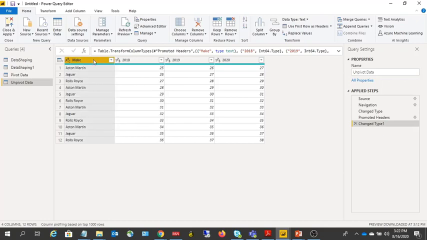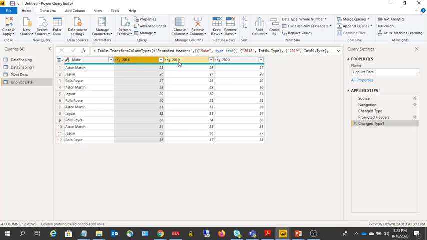You see here, make, there is a data for the make here. That is the make column. But if you look at 2018, 19, 20, they're not actually column headers. They are the data. Likewise, Aston Martin, Jaguar, 25, 26, 27, those things. Now, our job is to transform those columns to rows.